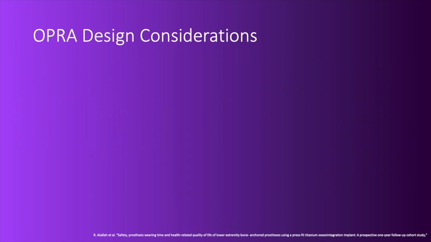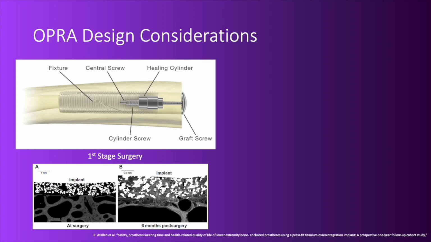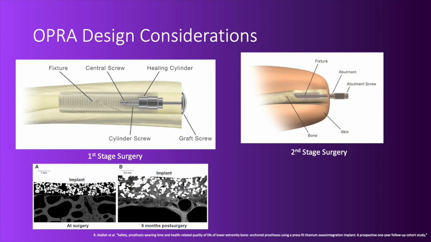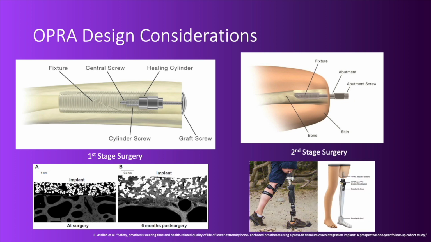In summary, after the initial installation is completed, the implant fuses to the bone with that osseointegration that was discussed before. When the abutment is installed, poking out of the skin and allowing the prosthetic to be attached. The prosthetic attachment can then be used for a variety of different actuated as well as non-actuated prosthetic devices adapted